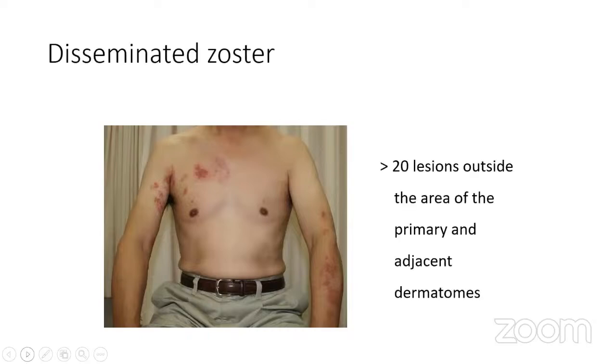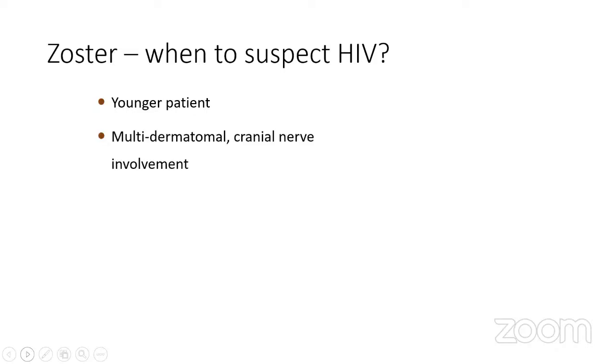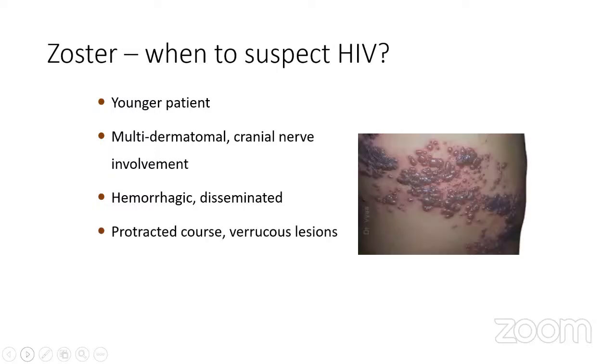And this is disseminated zoster, meaning more than 20 lesions outside the area of the primary and adjacent dermatome. Next slide. Okay. When to suspect HIV in case of a zoster patient? Young patient, multidermatomal or cranial nerve involvement, hemorrhagic or disseminated, and varicose lesion,